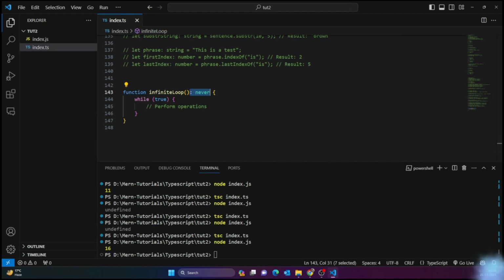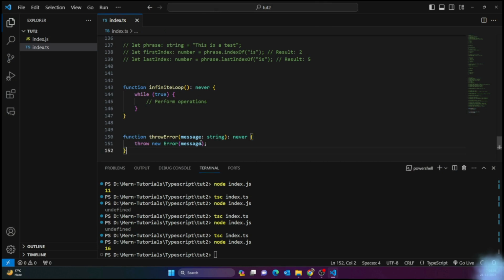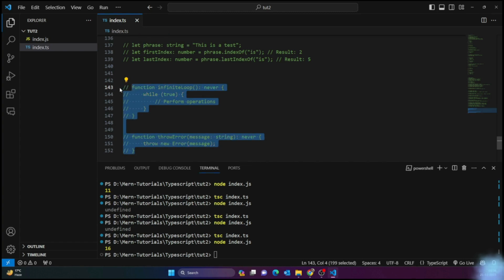Now similarly, if you are throwing some kind of error, if your function throws some kind of error, so you would always define it as a never type. That's it. So that's how it actually works, and you would be using never type in those cases where your function never stops, or if you are throwing some error. In those cases you actually use the never type. Right, so now guys, we understood this